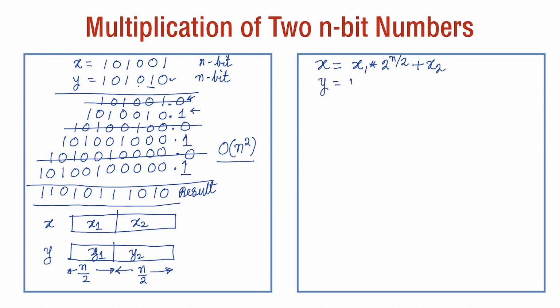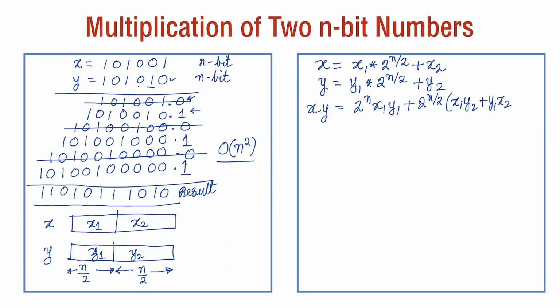Y can be written as y1 into 2 to the power n by 2 plus y2, and the product of x into y eventually becomes 2 to the power n x1 y1 plus 2 to the power n by 2 x1 y2 plus y1